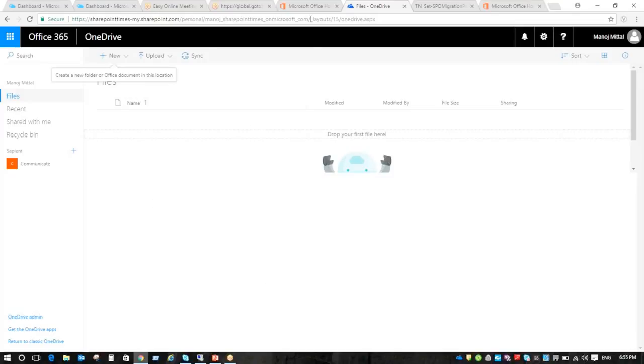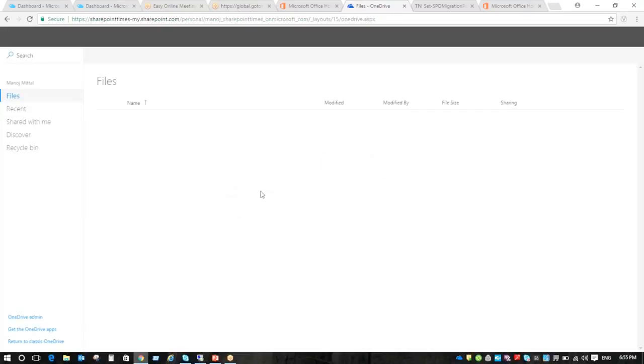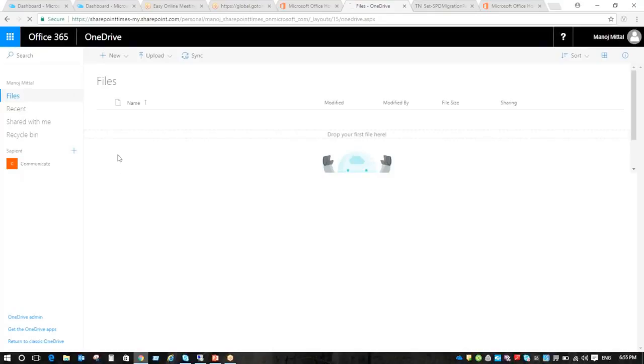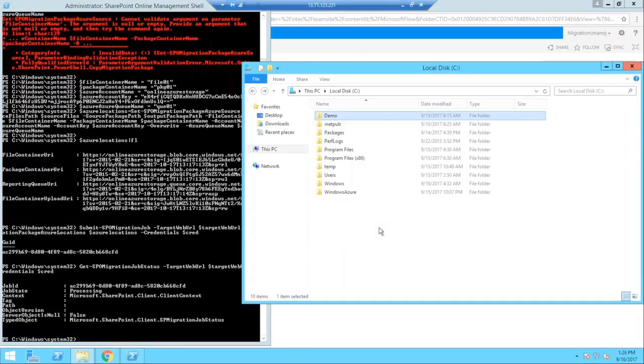So this is just my OneDrive. What I opened, we have nothing. It's blank as of now. So what I will do is take that demo folder and, using the script, upload it here. Almost all the script is the same as what we used for on-premises to online, apart from one thing, because here we don't have a BAT and the DAT and package files. So we need to create those using one more command. So that we will do.